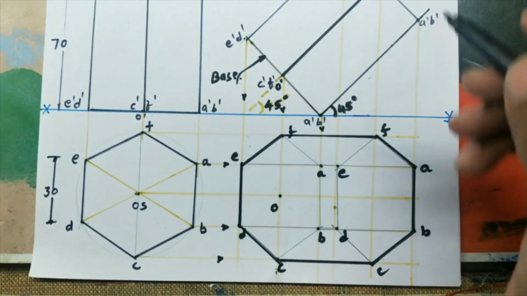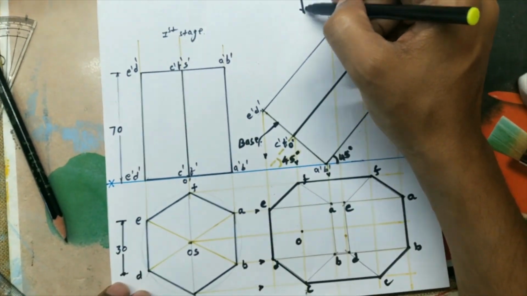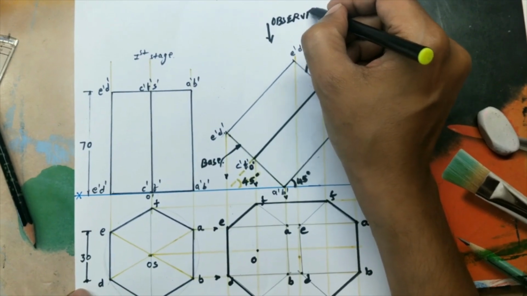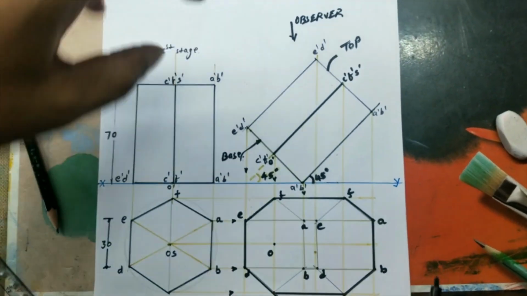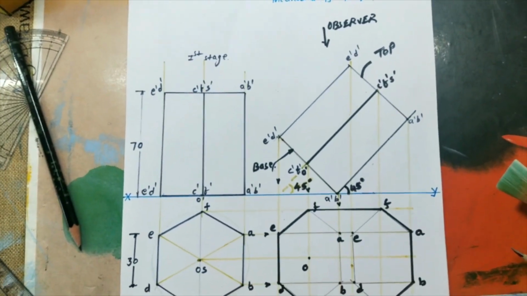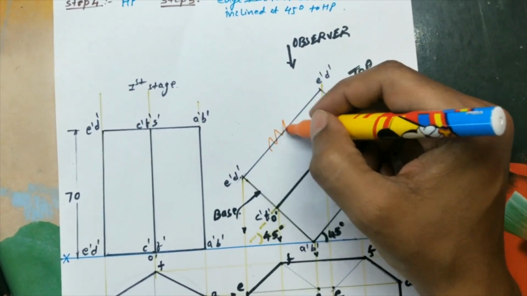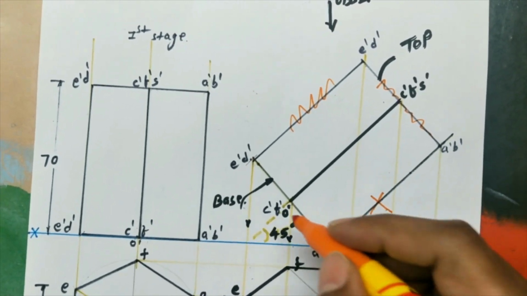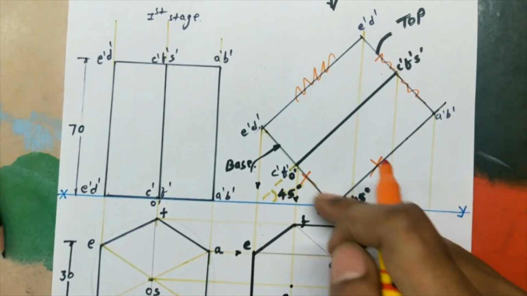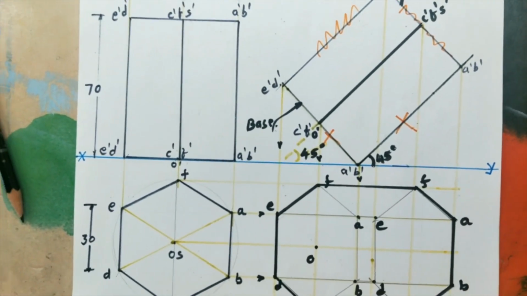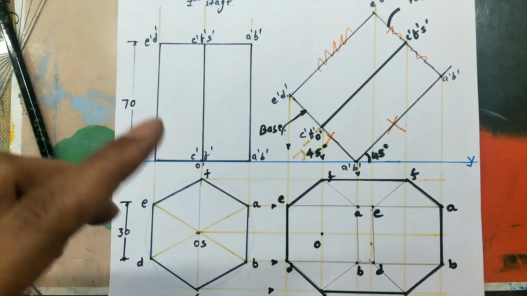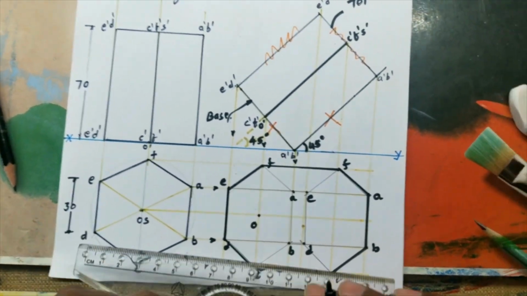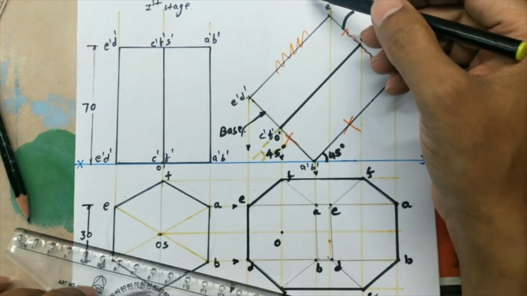Now you'll see here, there is an observer. Now when the observer looks, what can he observe here? He can see this line, and he can see this line, but he can't see this one and this line. Take care of that. Students are always facing the problem of how to decide which line to join as dotted and which as continuous. It's very simple. Now the observer is here.